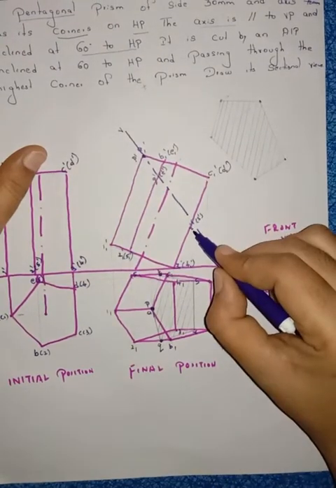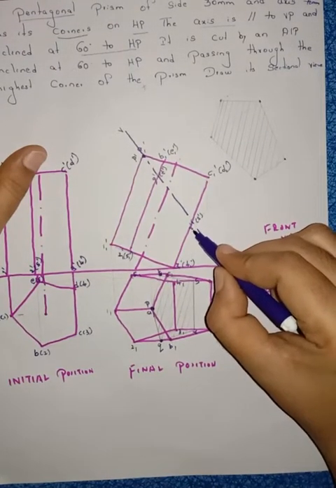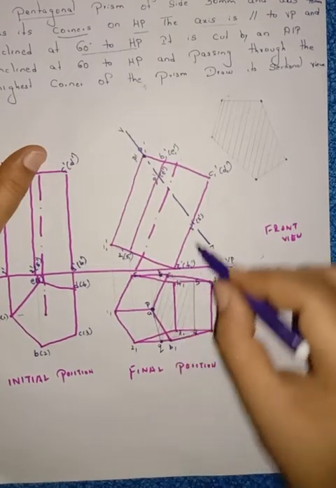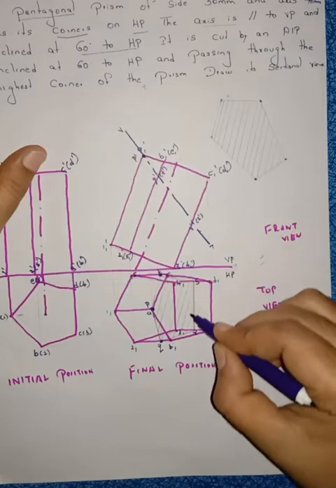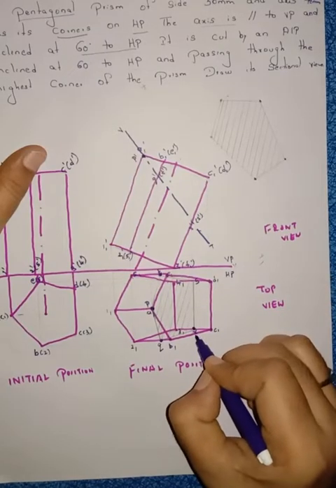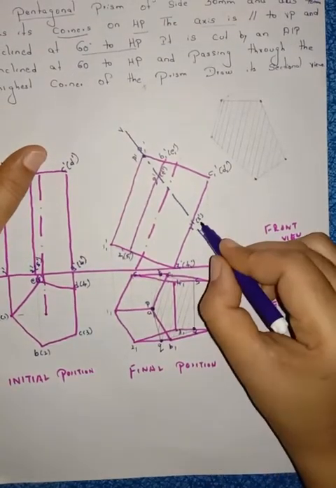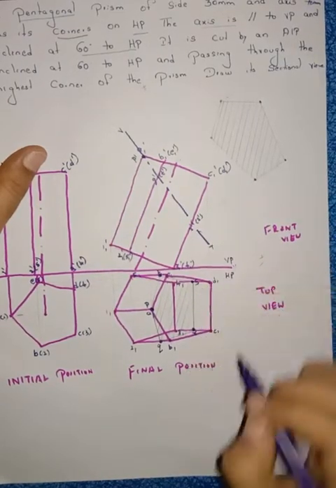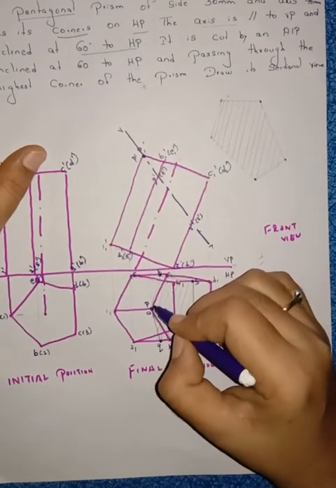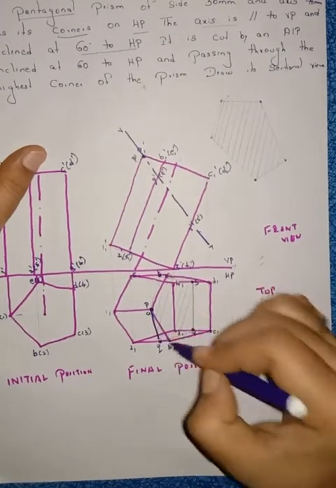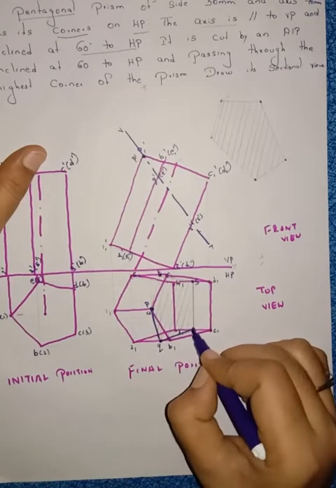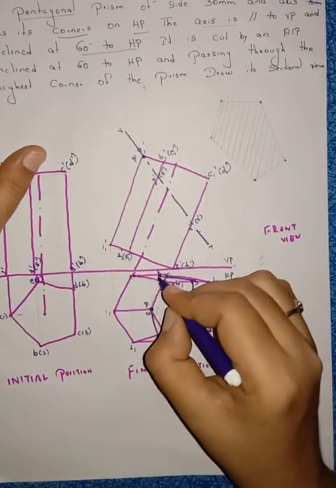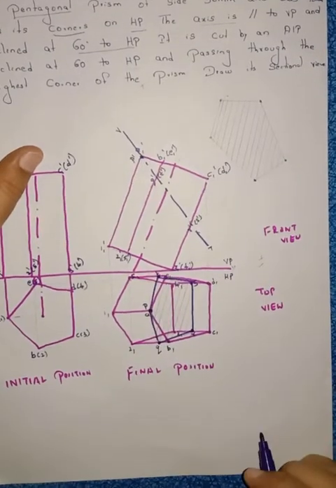Right? Then next see here R point. R is in between C and 3. From R, draw a straight line. In between C and 3, name the point R. S is in between D and 4. From S, draw a straight line. In between D and 4, join S point. If you join this P, Q, R, S, T, P, you will get this shape.